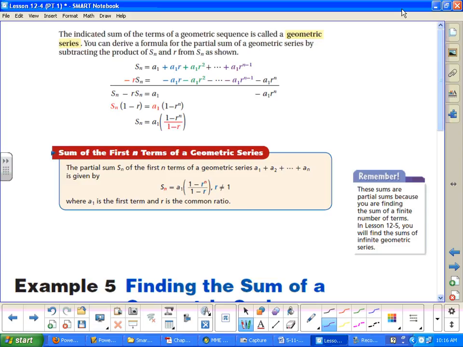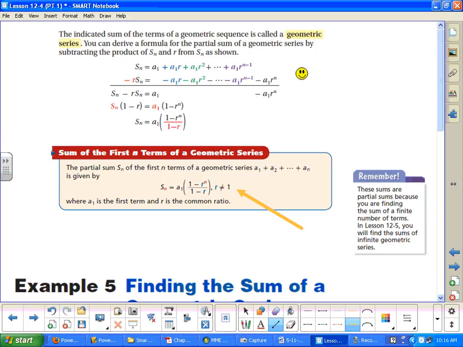Okay, so for a geometric series then, just like arithmetic series, it means we're going to take that sequence of numbers and just add them up. And they talk about here the formula for how they got the formula, and then we're going to use this formula here to find the sum of a geometric series. So this sum says that we're going to do a sub 1, take our first term, and then we're going to multiply it by 1 minus r raised to the power of n divided by 1